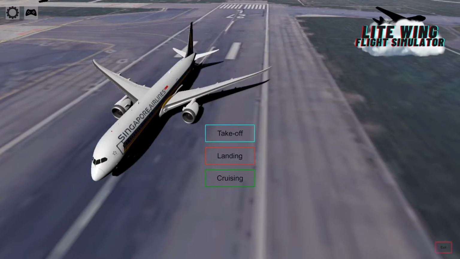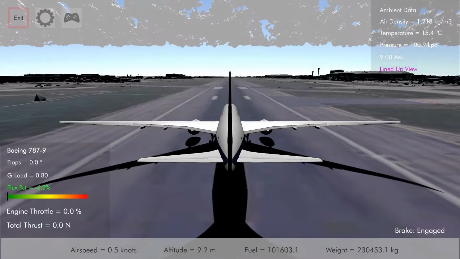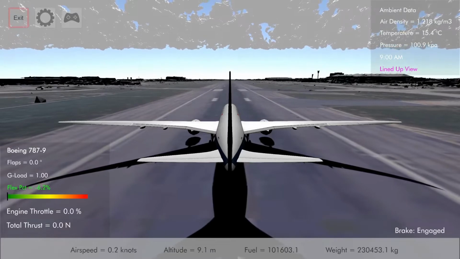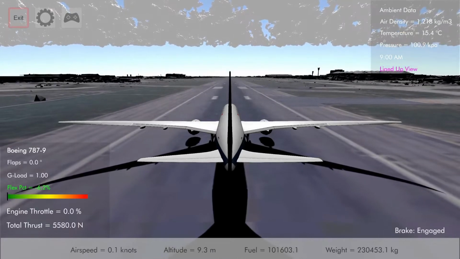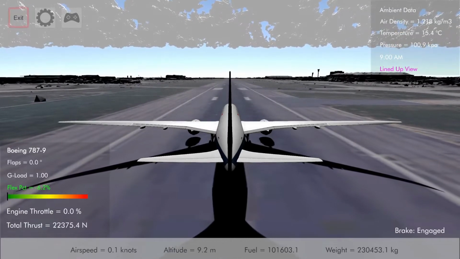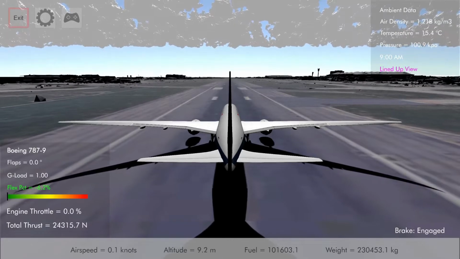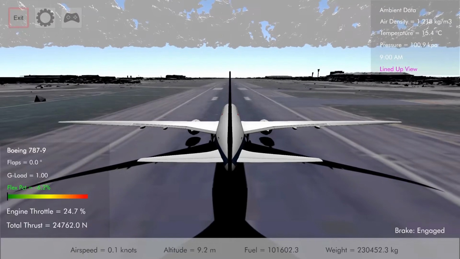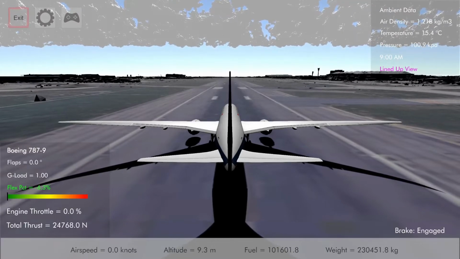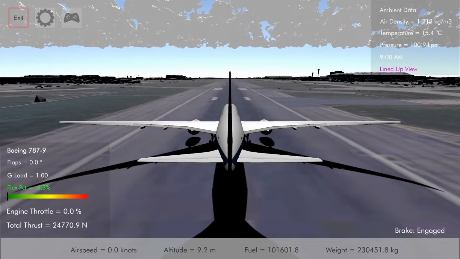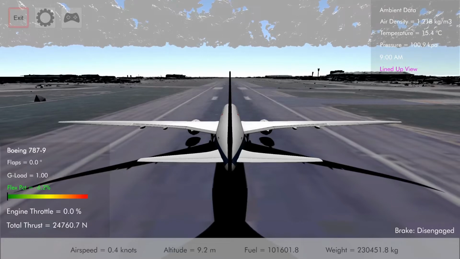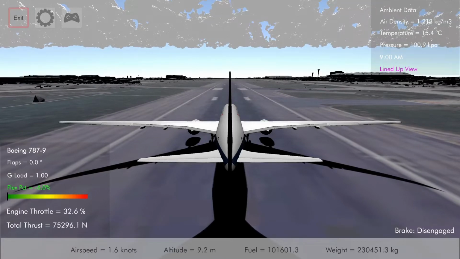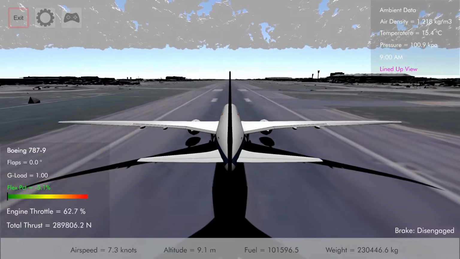Let's try taking off. To take off, you press F1 to start the engine, 1 on the keyboard to start inputting some throttle, or whatever the setting is on the controller. First, sorry about that, you need to press X to disable the brakes. Then you put in the throttle